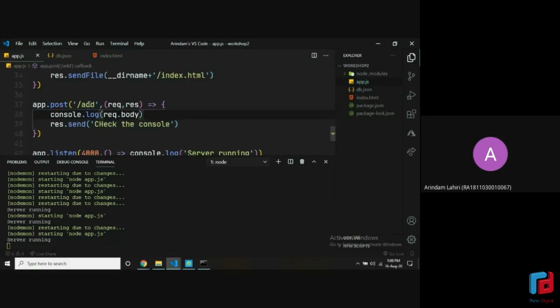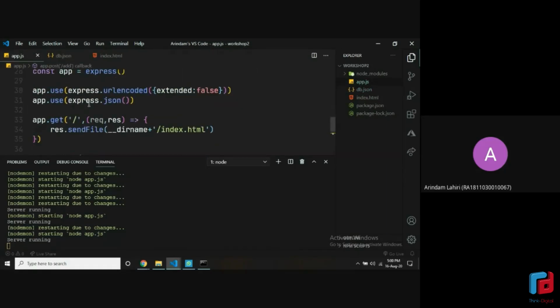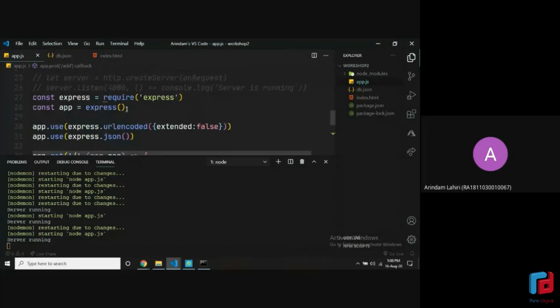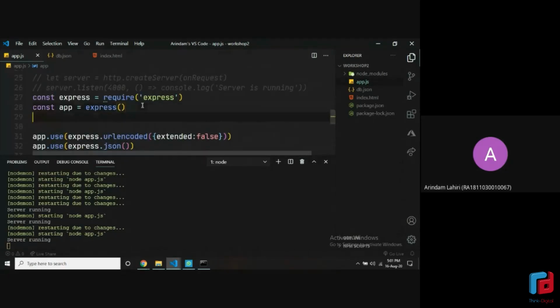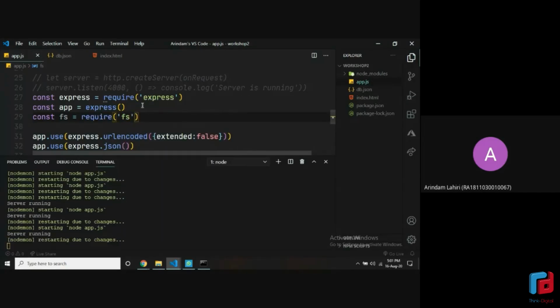How we do that is, first we need to get this file db.json. So let's go here, and we need to put in two variables. First of all, we already have it, but let's just write it again. Const fs. We need the file system module again. You can just copy paste from what you wrote earlier, or you can write it again, it doesn't matter.